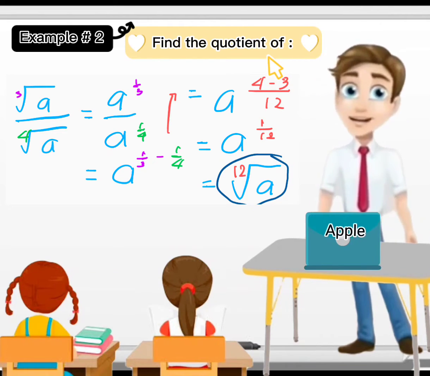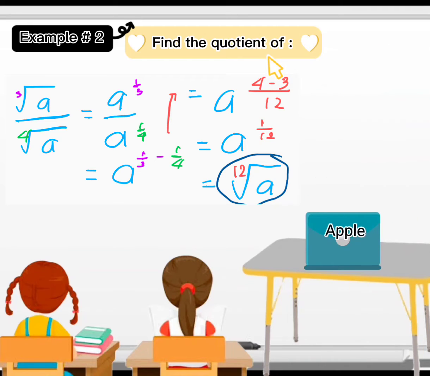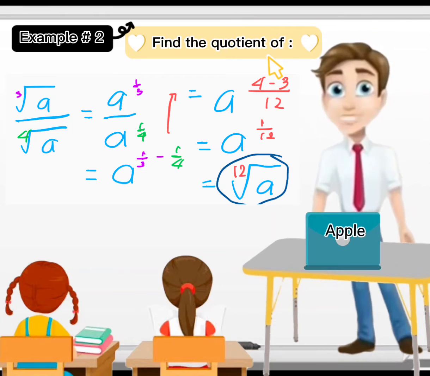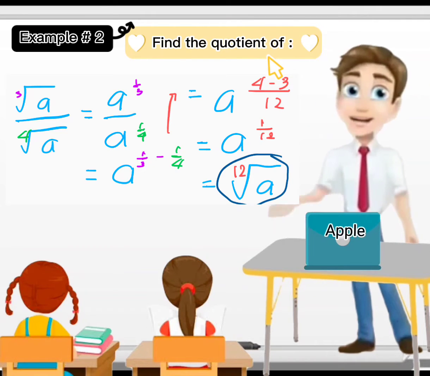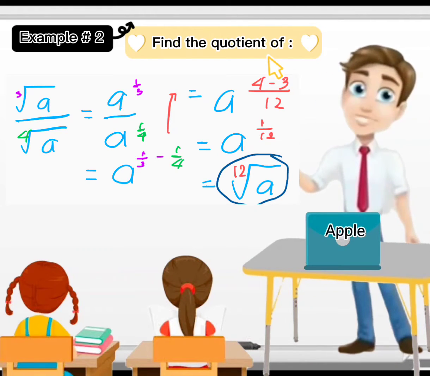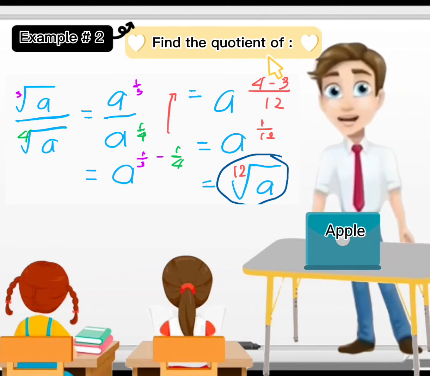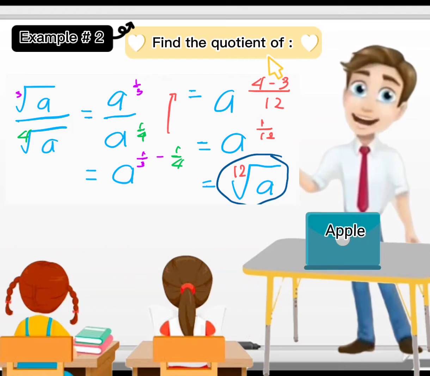So that will be 4 minus 3 over 12. And 4 minus 3 is equivalent to 1 over 12. Since we have already simplified our exponent by subtracting them, we now have a raised to 1 over 12,